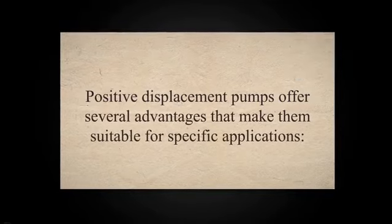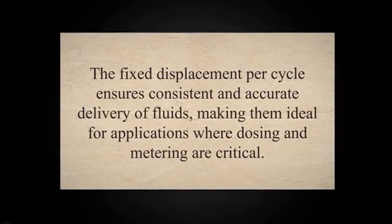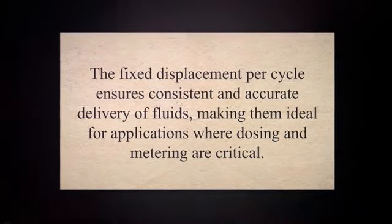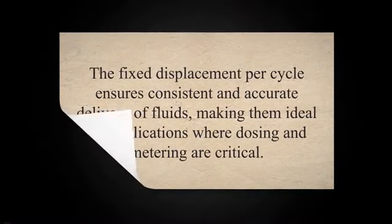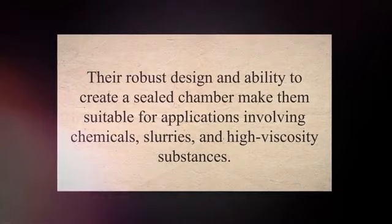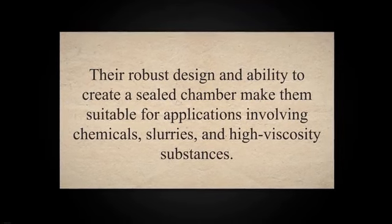Positive displacement pumps offer several advantages that make them suitable for specific applications. One of the primary advantages of positive displacement pumps is their ability to provide precise control over flow rates. The fixed displacement per cycle ensures consistent and accurate delivery of fluids, making them ideal for applications where dosing and metering are critical. Positive displacement pumps excel at handling viscous and abrasive fluids that would challenge dynamic pumps. Their robust design and ability to create a sealed chamber make them suitable for applications involving chemicals, slurries, and high-viscosity